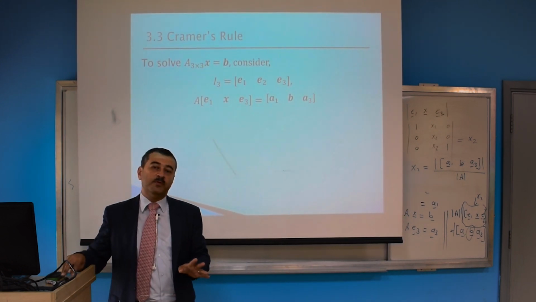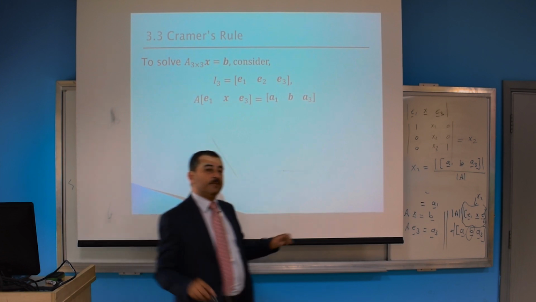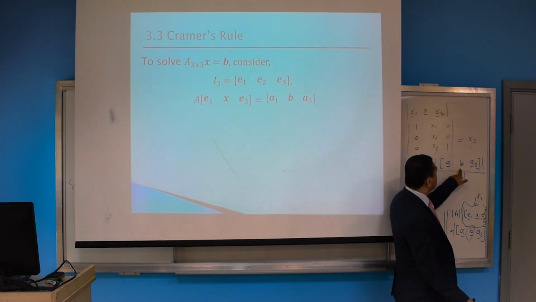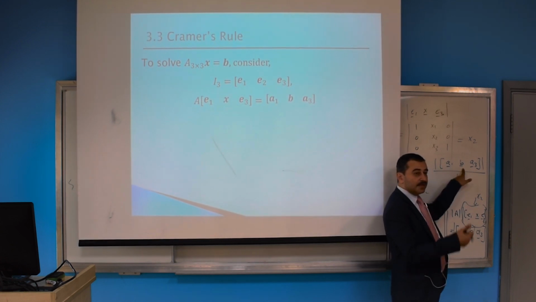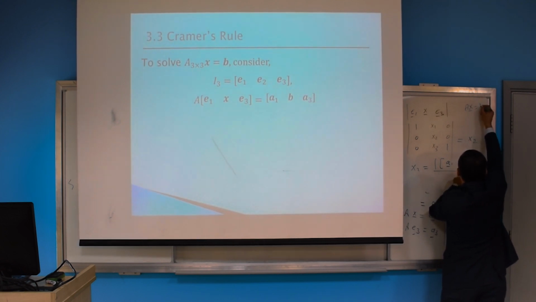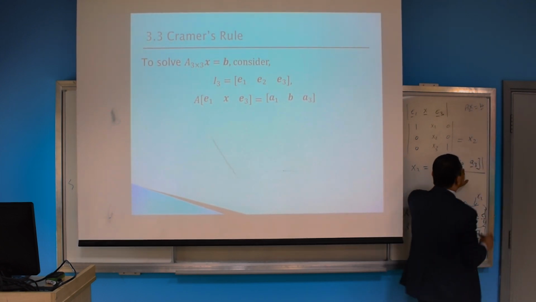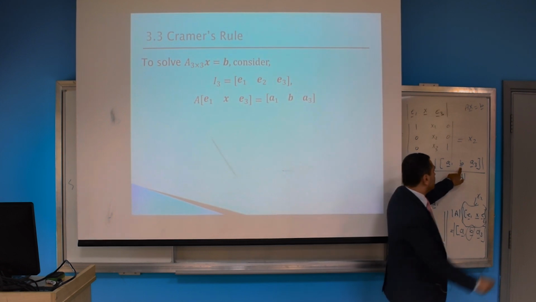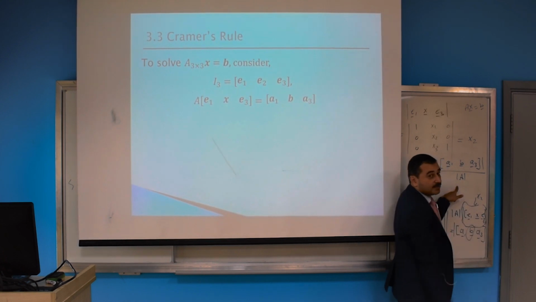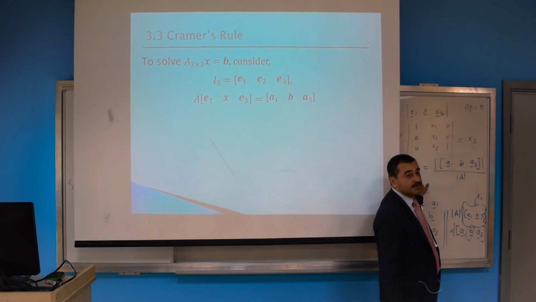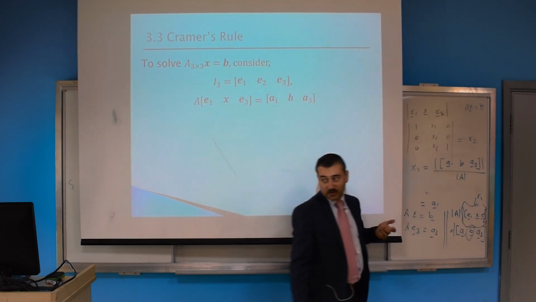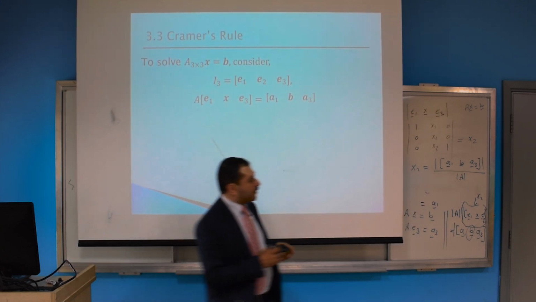This is actually the proof of Cramer's rule. If you want to get X2, then replace the second column of the matrix A with the right hand side of the equation. So you are solving AX equal B. So replace the second column of A by the right hand side. You'll get another matrix here, get the determinant of this matrix and divide it by the determinant of A to get X2 directly. If I want to get X1, what do you expect the formula for X1 to be?